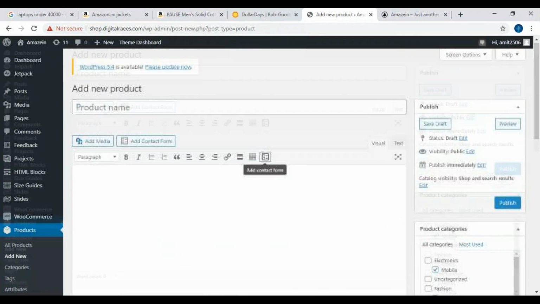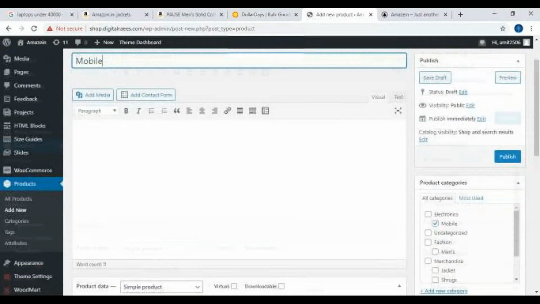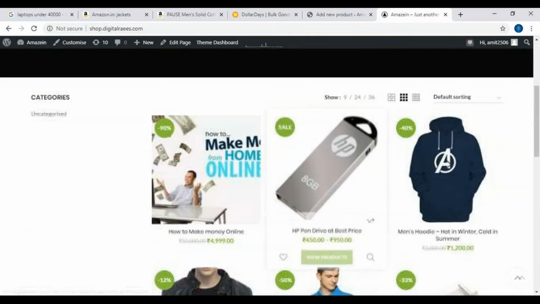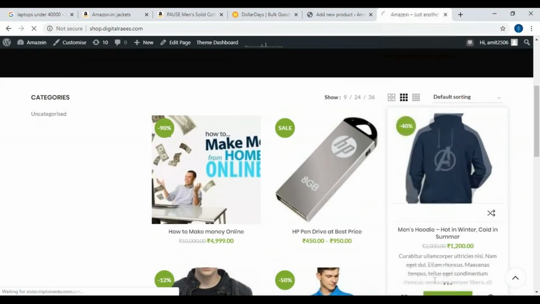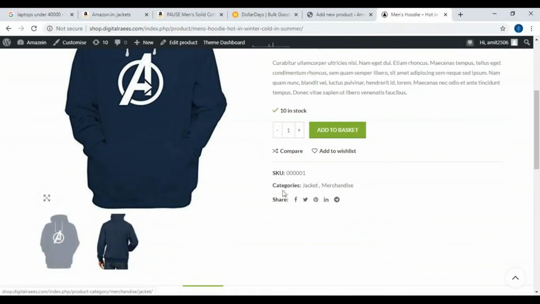So if I am creating a product page of any mobile, I have to select the parent category as well as the main category. So what is going to happen with this is, if I am navigating to any of the products, the category is going to come in there. So this is the parent category and this is the main category, which is jacket.